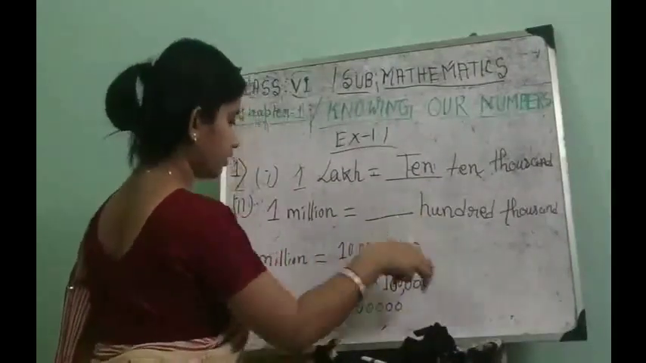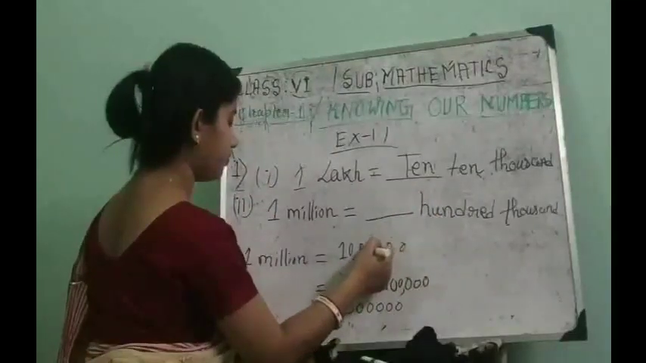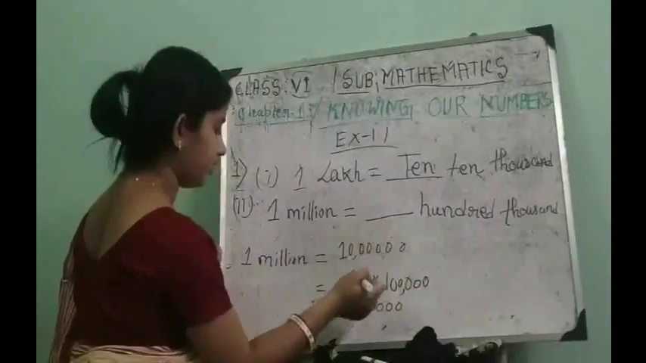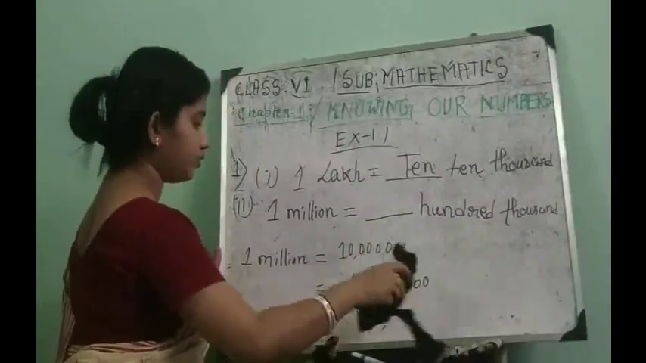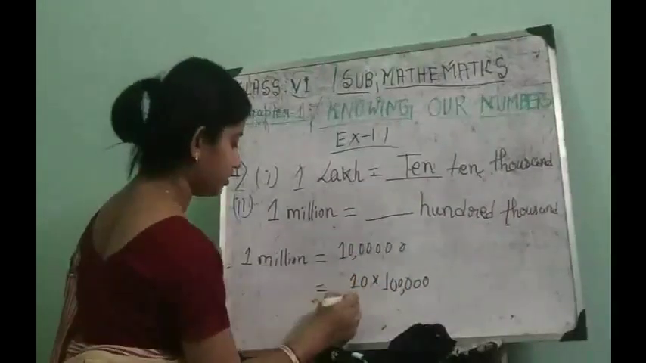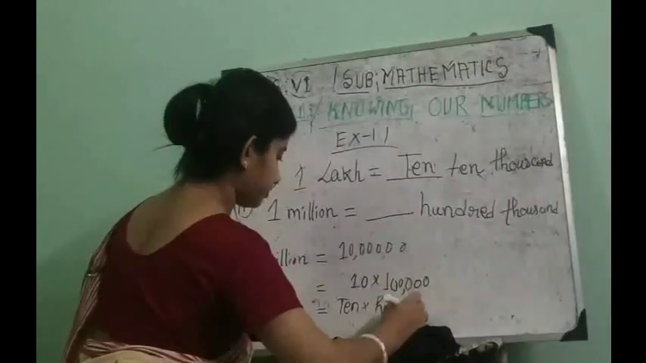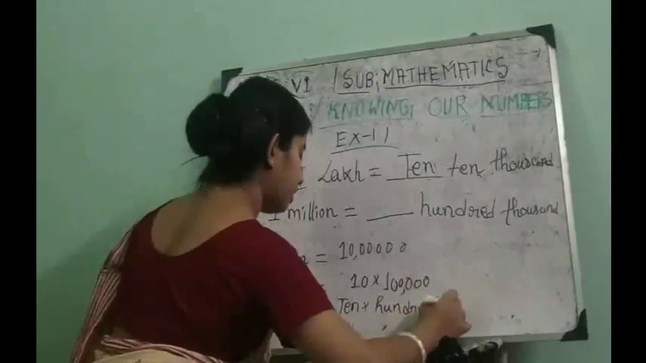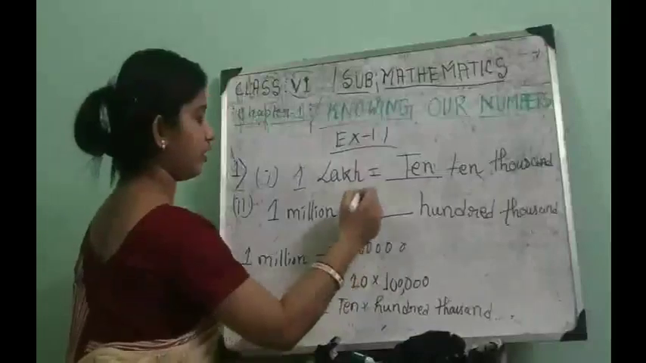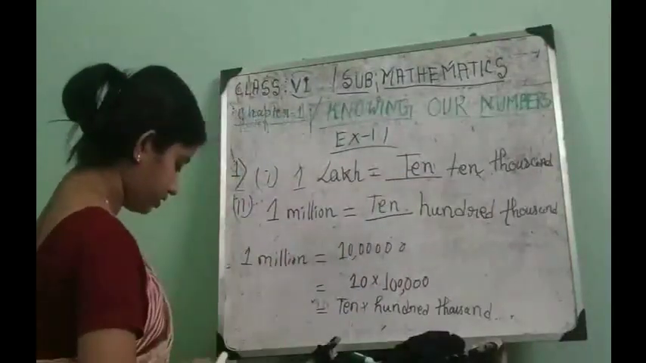This is 10 lakh, which means 1, 2, 3, 4, 5, 6 zeros. And here there are 1, 2, 3, 4, 5 zeros. So this is 10 into 100,000. That means 10 into 100,000. So here we put 10. Next